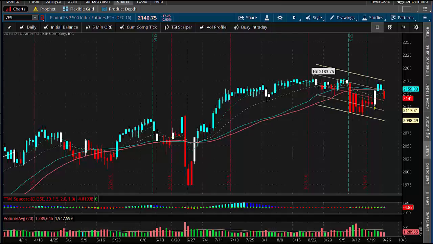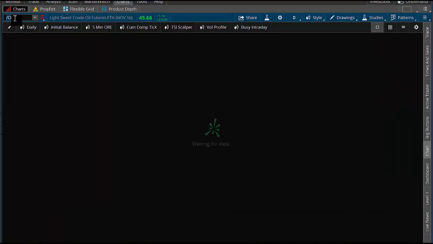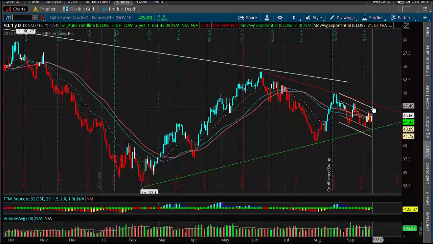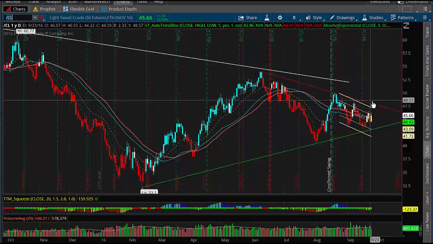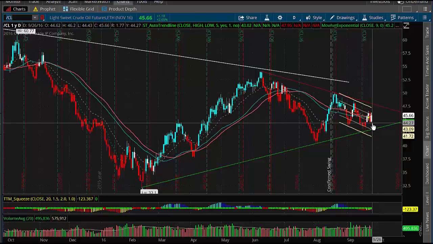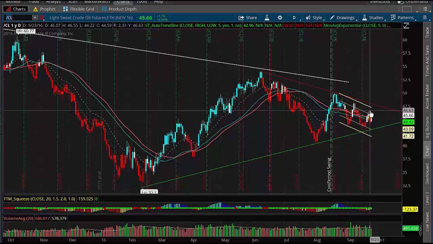But in the event of an uptick, there's a couple of levels in crude that you might want to watch out for. That's up around 46.70-ish, and let me go over crude real quick for you. There was another level up here: 47.5 is the other level up here. 47.5 is going to put it into this downward sloping trend line, 2 deviations off the current mean average, which is down here at 44.25, which was the low on the break from this last visit of the 46.60 area. So here are the levels.